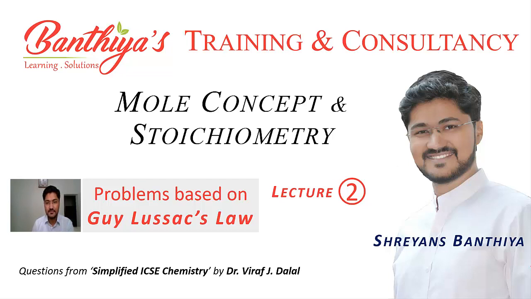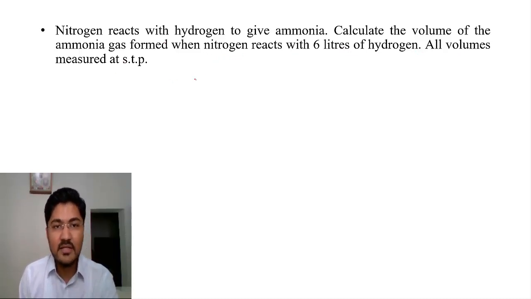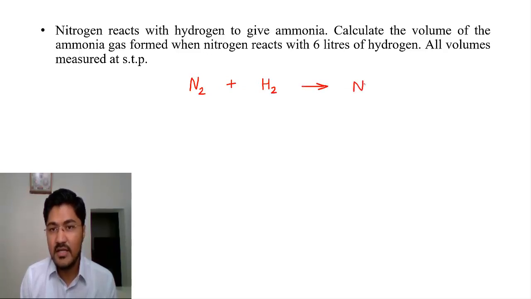So let's start. The first question is: nitrogen reacts with hydrogen to give ammonia. Calculate the volume of ammonia gas formed when nitrogen reacts with 6 liters of hydrogen, all volumes measured at STP. Now let's write the balanced chemical equation. Nitrogen is N2, hydrogen is H2, and they give ammonia, that is NH3. To balance it, this will be 3 and this will be 2, and now it's a balanced equation. According to Gay-Lussac's law that we have already seen in the last video, the ratio would